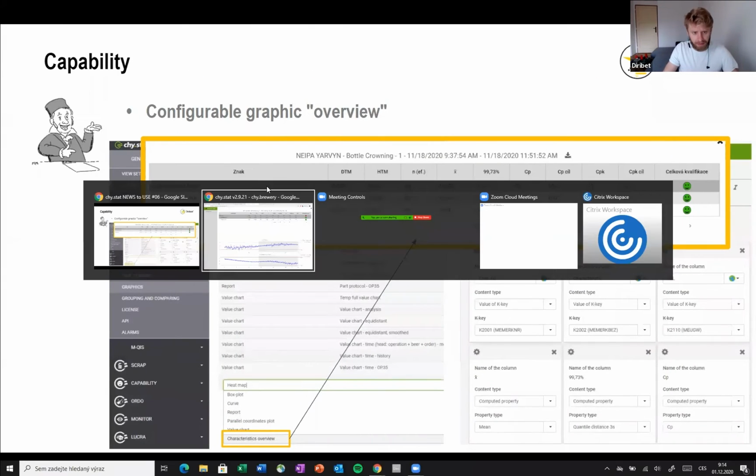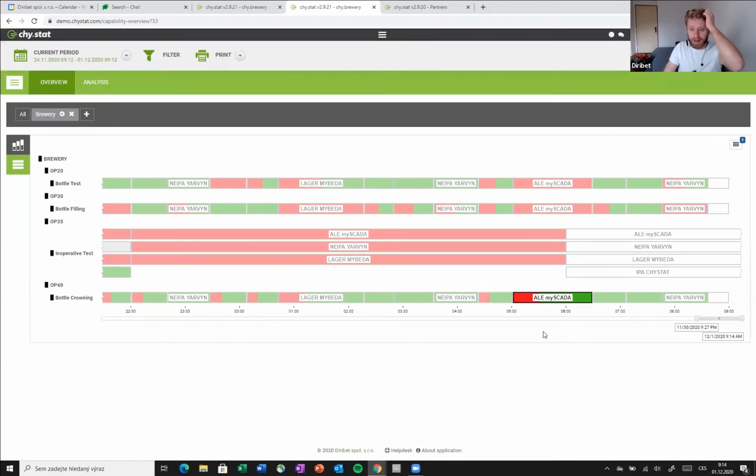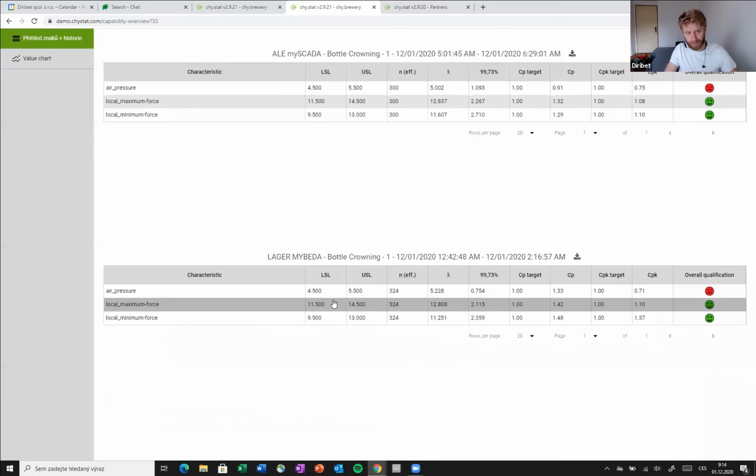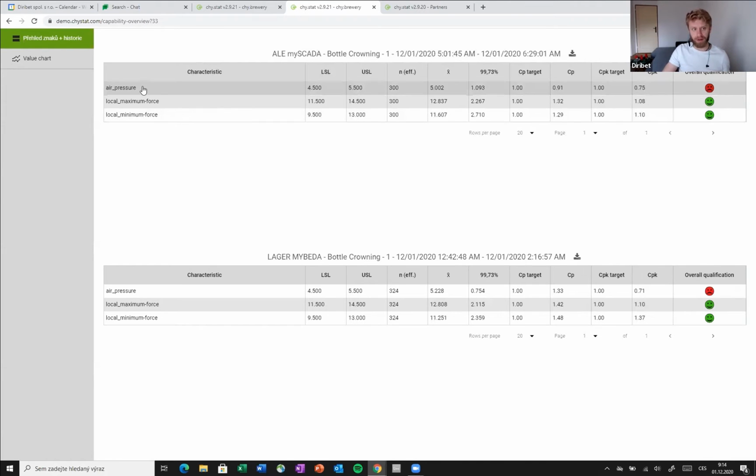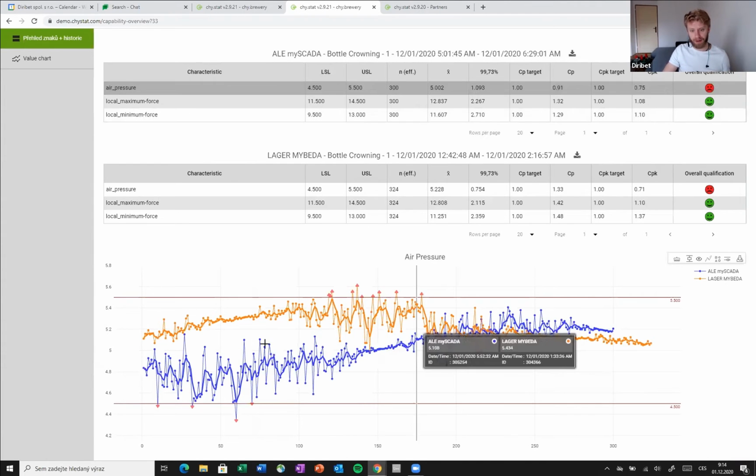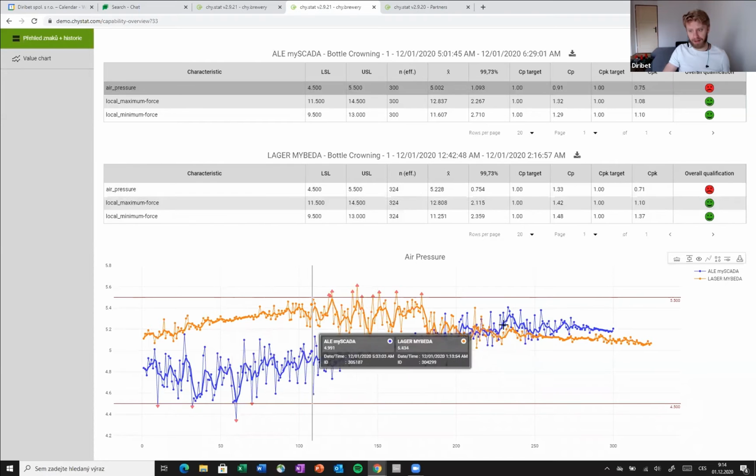Okay, maybe there. But in the capability module, you can, of course, choose more than one production unit. So if I click Ctrl on my keyboard and select this layer, for example, now I have two tables, but I can combine these two tables into the detail graphics. So if I click on air pressure, both air pressures I can visualize